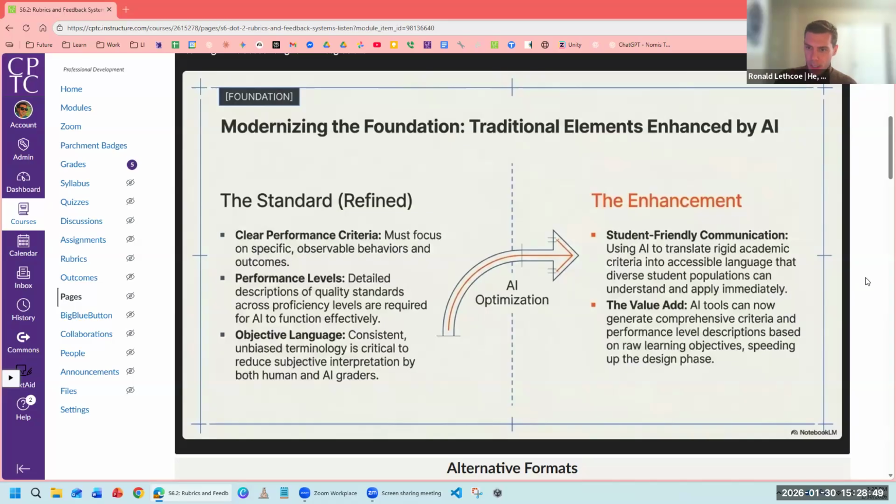And then the value add: AI tools can now generate comprehensive criteria and performance level descriptions based on raw learning objectives, speeding up the design. So using AI as a way to enhance. Maybe you have an assignment that you don't have a rubric for, and you've been meaning to put one on it, but you just don't want to spend the time it takes to come up with all of those levels. AI is really good and quick at